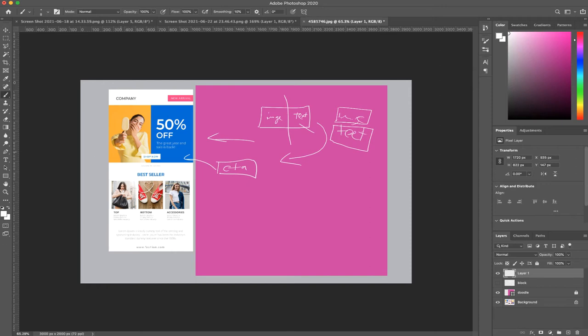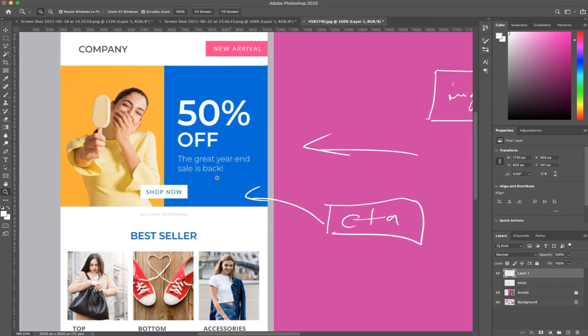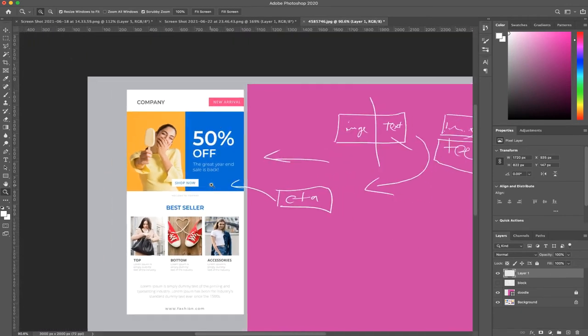However, what's happening now is we have a button, so this button stops us from being able to actually do it properly. So what you have to consider, and maybe make the graphic designers or campaign managers aware, is that this button stops them from creating the sections properly. Unless you want the button to sit outside of the design, that's fine as well. But if the button is going to be a part of the design, then what you'd have to do is create